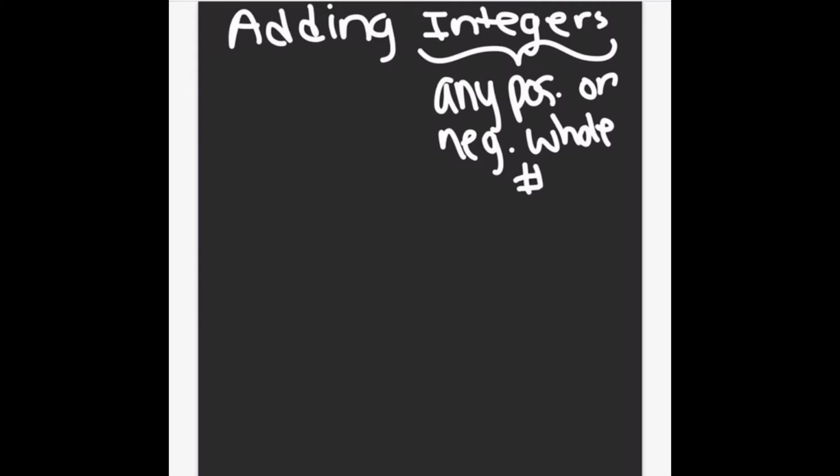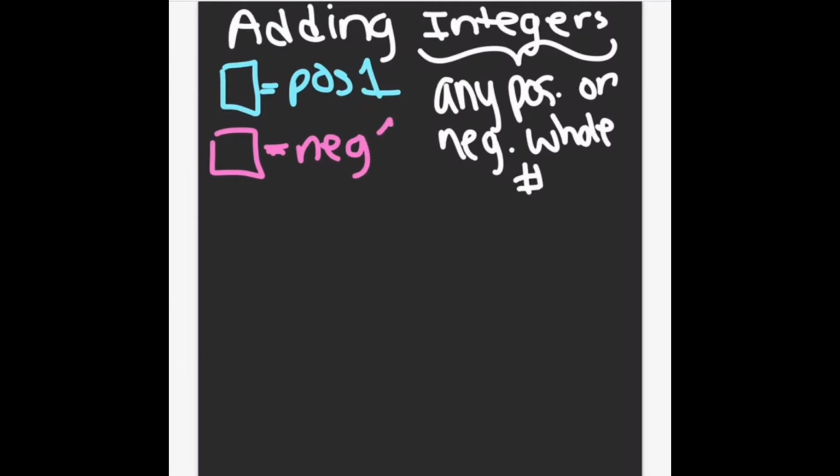Since we are just starting to learn how to add integers, we're going to use two blocks. Throughout the notes, you're going to notice a blue block, which represents a positive 1, and a pink square, which represents a negative 1. These blocks are going to help us visualize the scenario. So, first example,